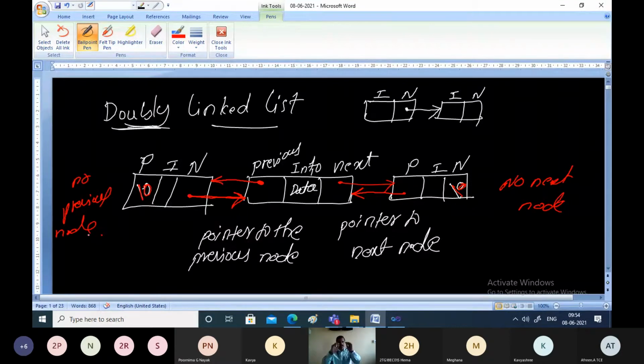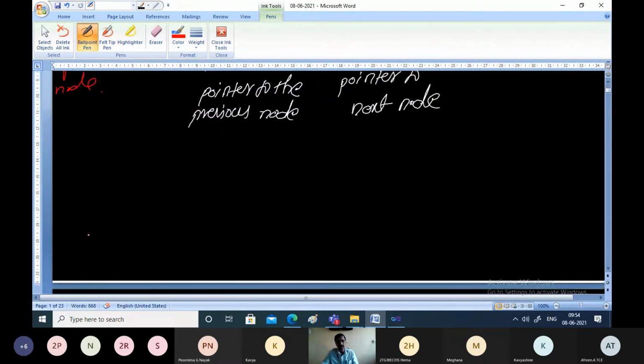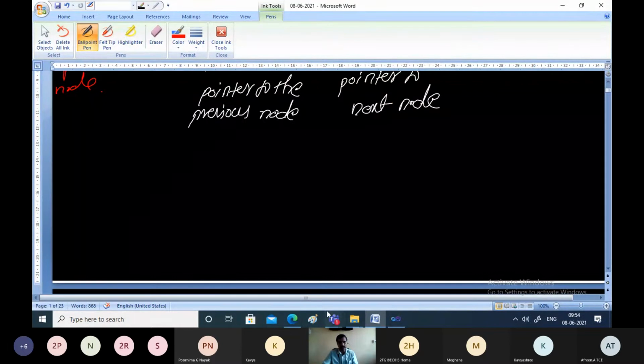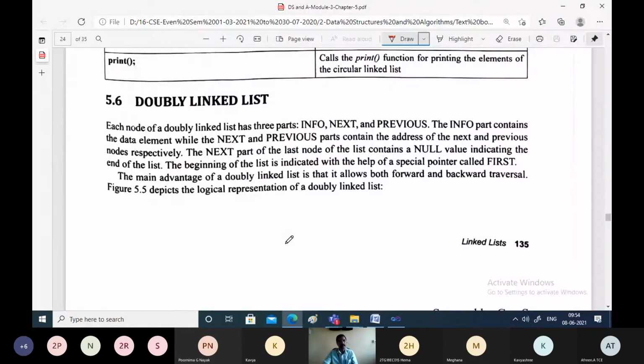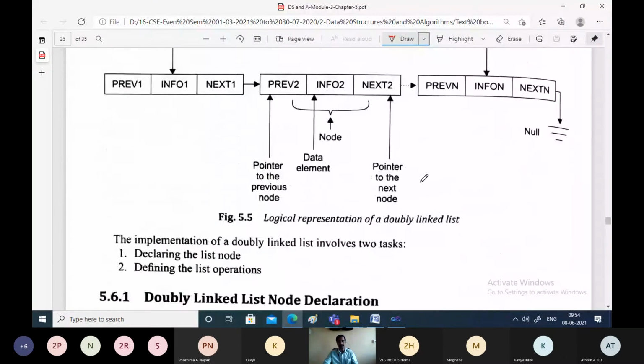That's it. And all the functionalities we have studied about singly linked list will apply. That is, as usual, the search and print functions are the same as how we do it for a singly linked list. The only difference comes in insert and delete. So let us see the steps for inserting. This is what I have explained.